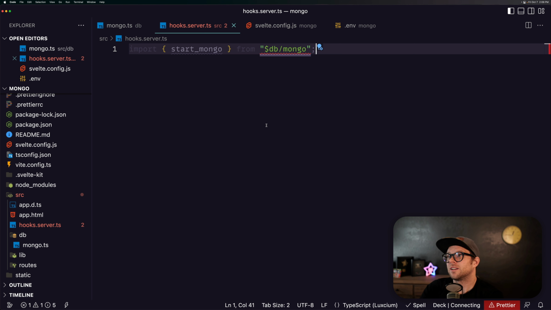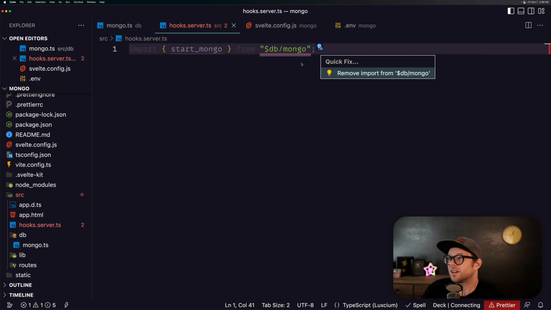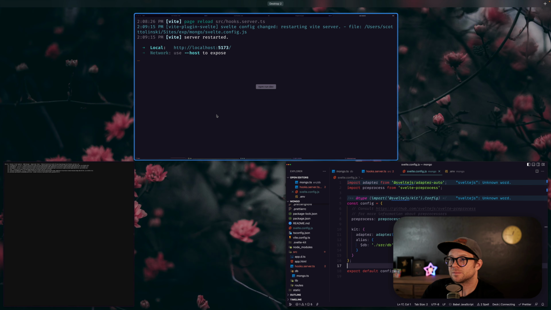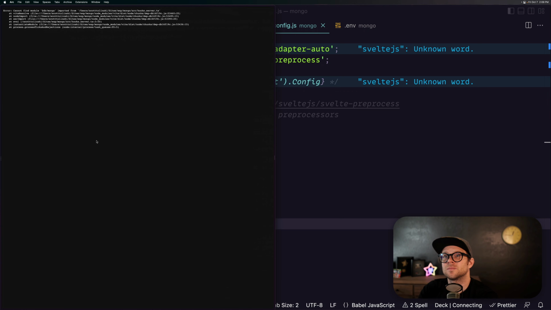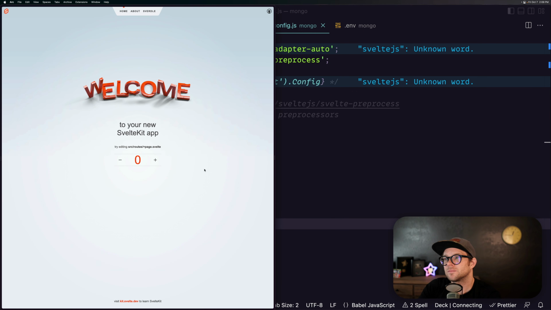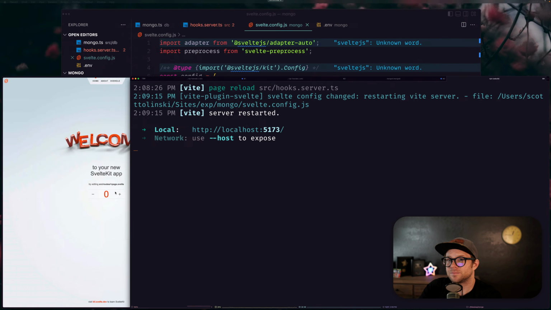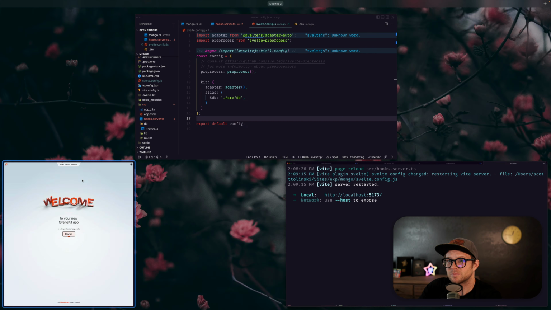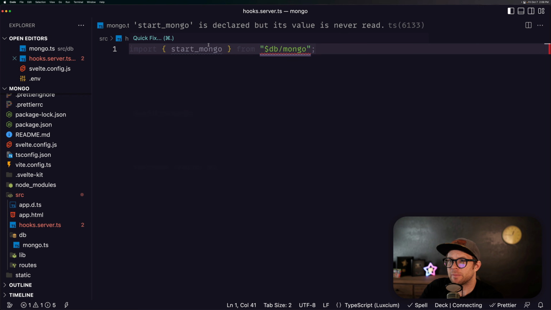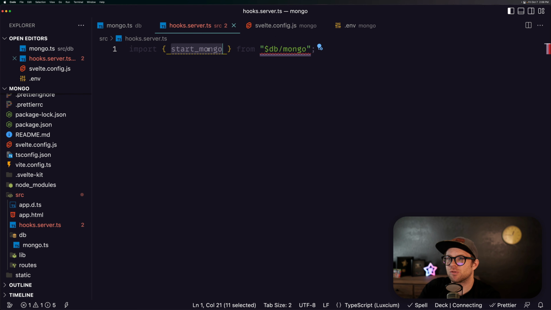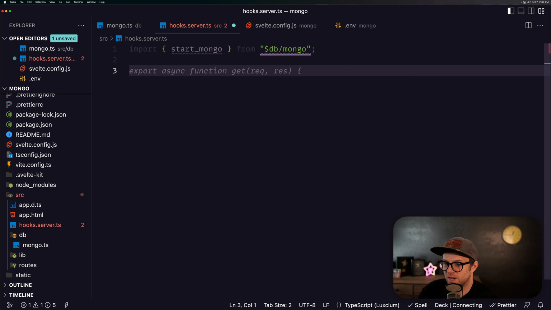And I'm wondering... And it looks like after a refresh, this has changed. This is still angry about this, but I think this should run no problem. Let's actually give it a try and see if this officially runs. If it doesn't run, then we'll know we goofed something up. But this should run no problem. So what we want to do is just simply run